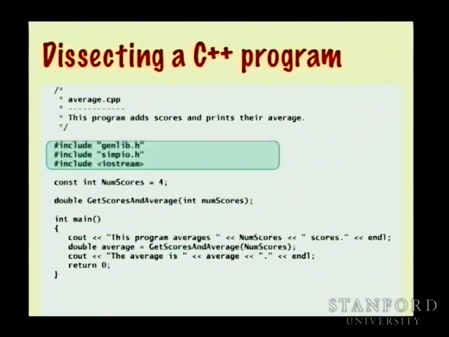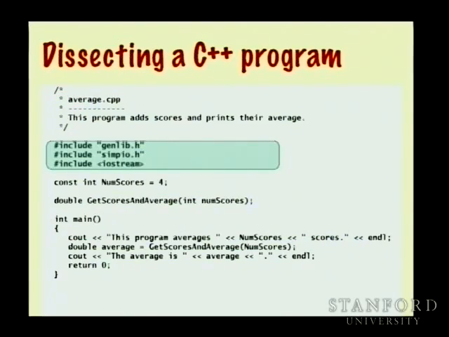So if you plan on drawing something to the screen and doing some graphics, it wants to be sure you're making calls to the graphics functions correctly, with the right arguments, the right names, the right arrangements. And in order to know that, it has to have seen that bit of structure and interface ahead of time. And so the way this is done in C++ is through these interface or include files. And the pound include mechanism is really fairly primitive. It basically says, look for exactly a file with the name genlib.h and take its contents and dump